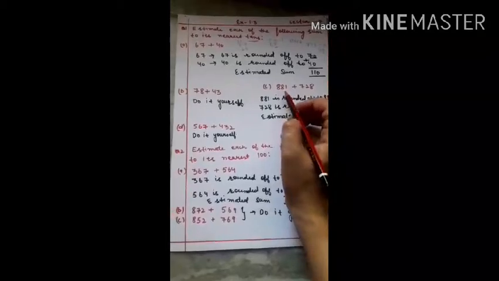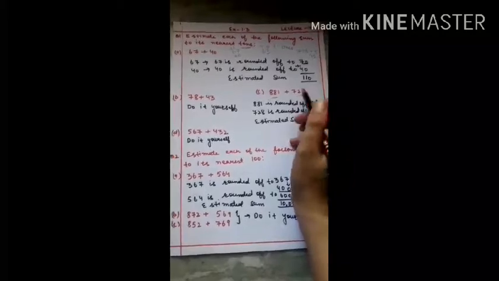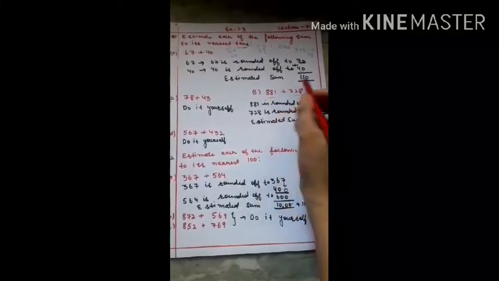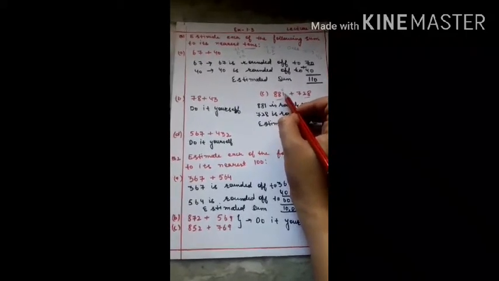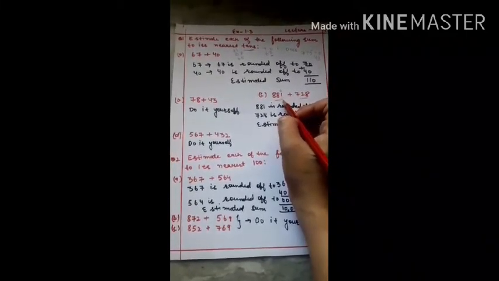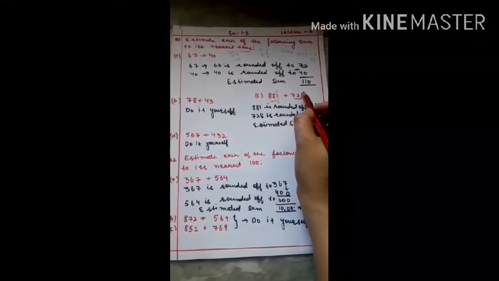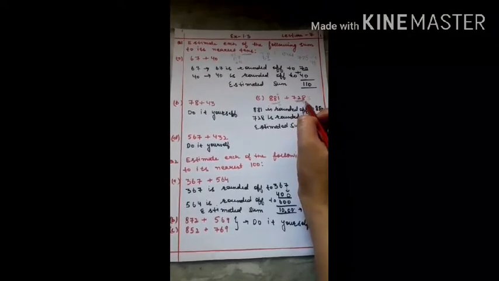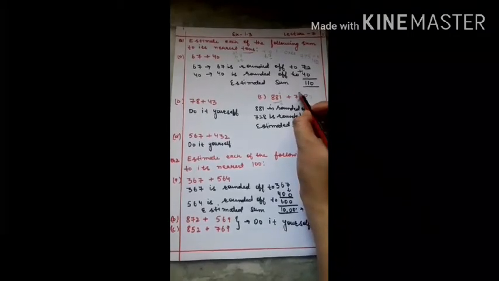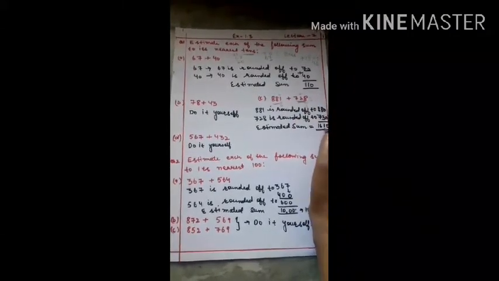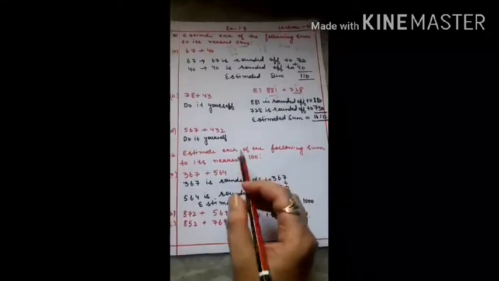We have 3 digits here, that is 881 plus 728. In this case, what I have told you, you have to look at the digit at the ones place. Here at the ones place it is 1, and 1 is less than 5, so you'll simply write 0 here, no change. Now the turn of 728: 8 is greater than 5, so you will write 0 at the ones place and add 1 at the tens place. It is rounded off to 730. Now the addition becomes 1610.